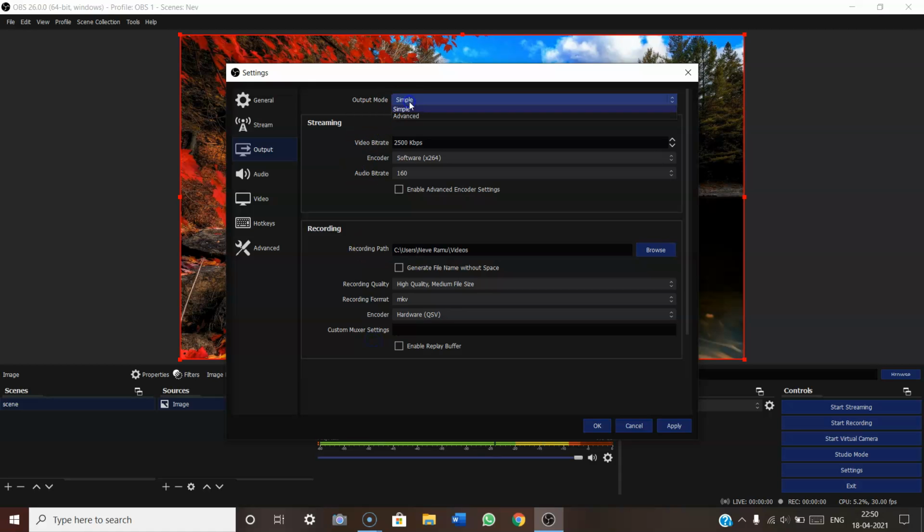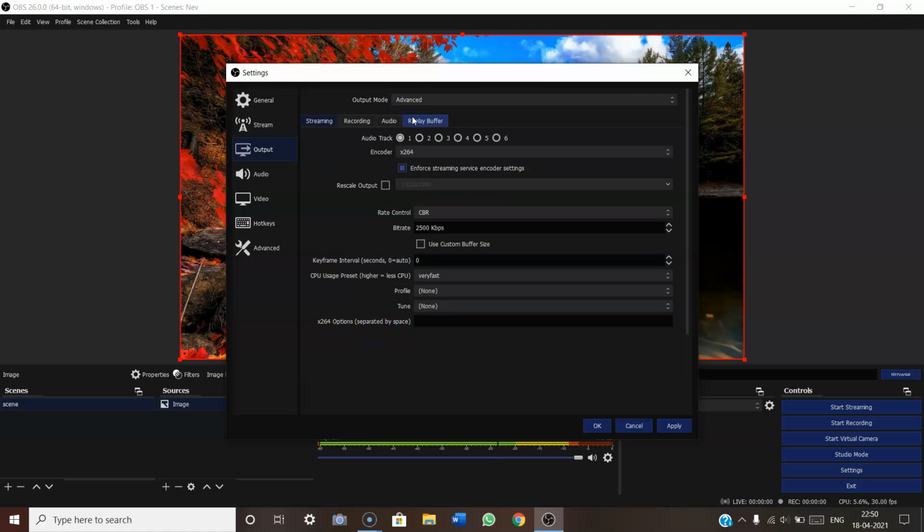And going to the advanced output mode settings, here this shows how many tracks you want for the audio. And the encoder is here. The x264 encoder uses the CPU more, and it is recommended to use x264. And enforce streaming service encoder settings is always checked.